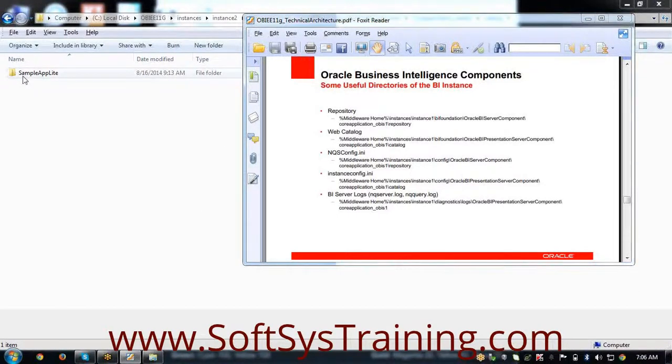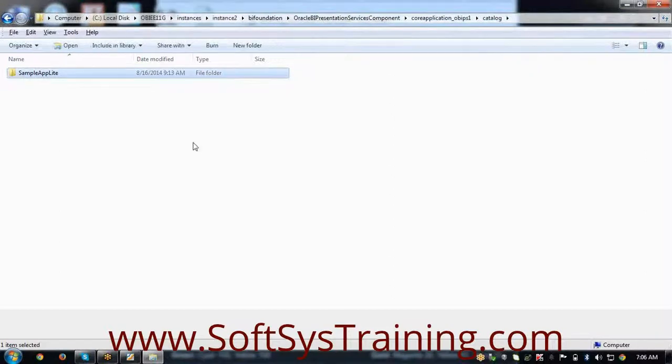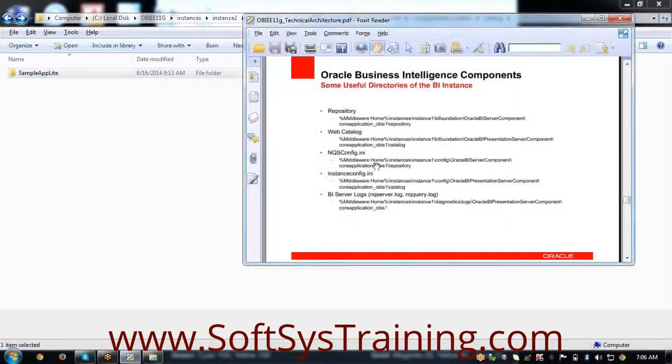The sample app, whatever you see here, comes along with your OBIEE installation. When you install OBIEE, you get a sample application. It's called SampleApp with some default sales information. So within that OBIEE sample application, that web catalog folder name is SampleApp. That is what you see here. That is the location.